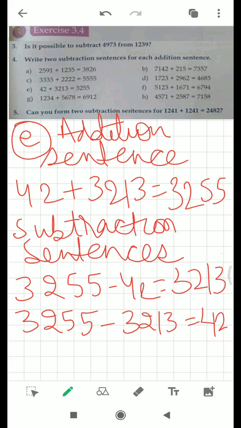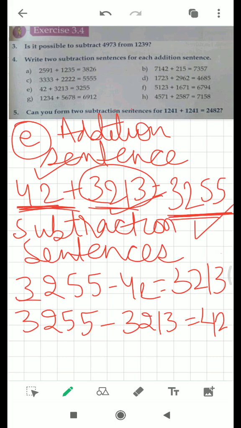Okay, first subtract this one, then you're going to get this answer. If you subtract this one, then you'll get this as an answer, but you have to subtract from this only, because this is the biggest number among these three numbers, so you have to subtract from this only. It should be here in both sentences. Okay,